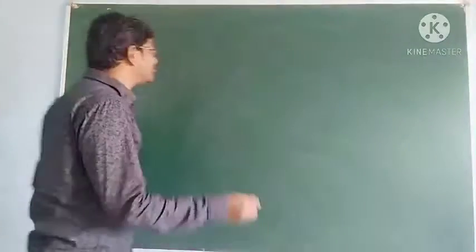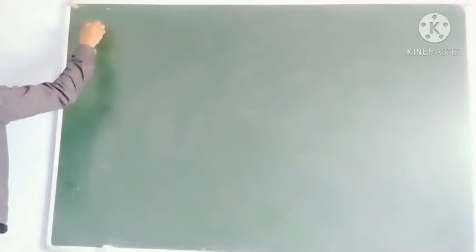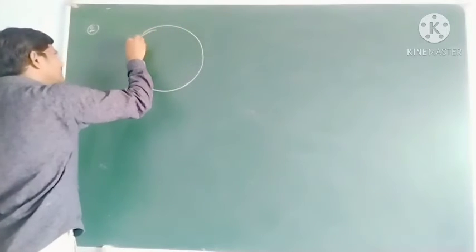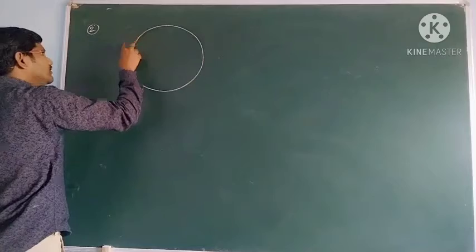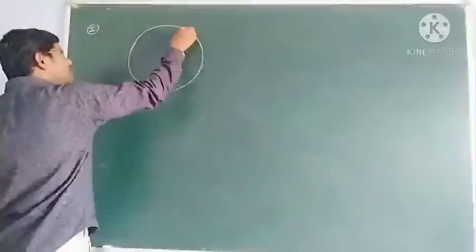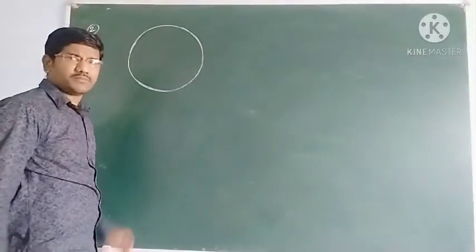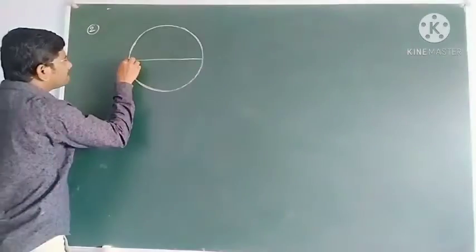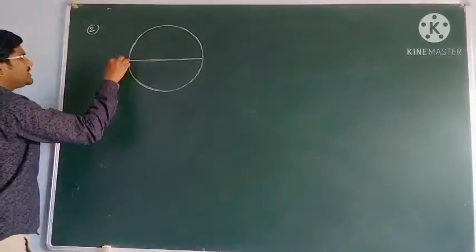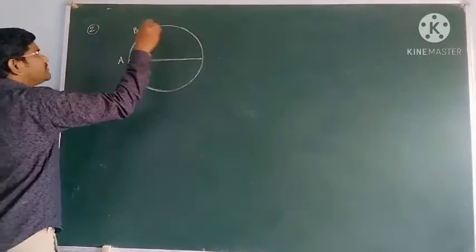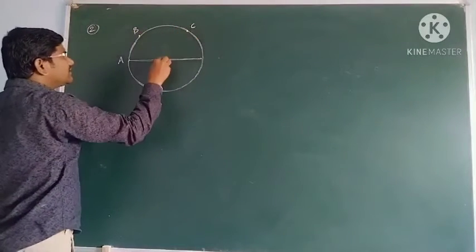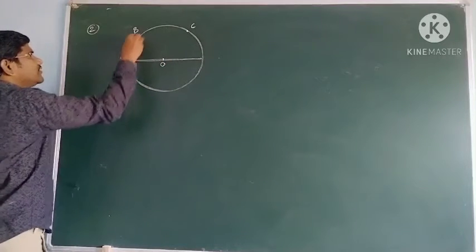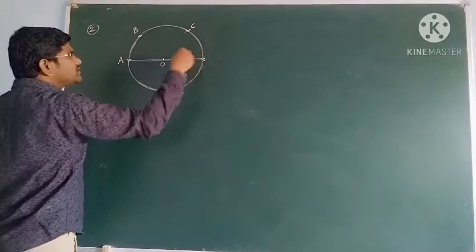Okay students, now see the next problem. A car goes down a circular track. So a car is going on a circular path, that is a particle you consider. So this point is A and this is B and this is C and this is D, and this is O. It started at A, reached B, B to C, C to D.